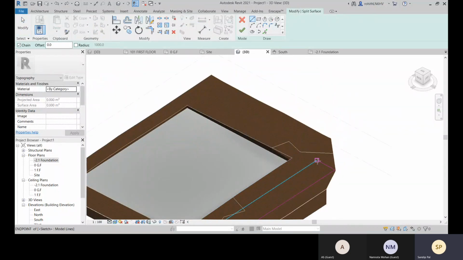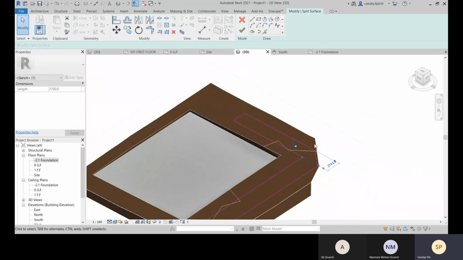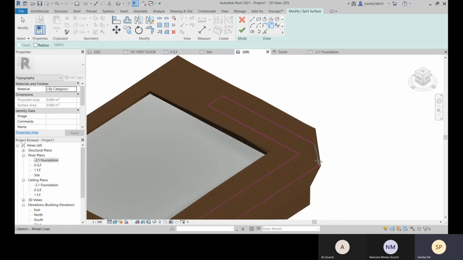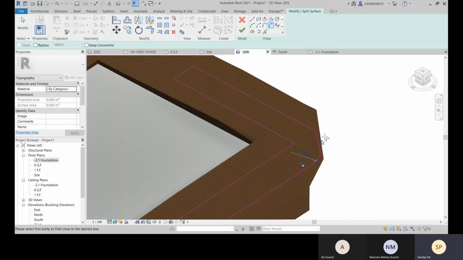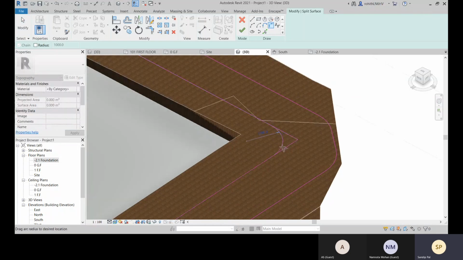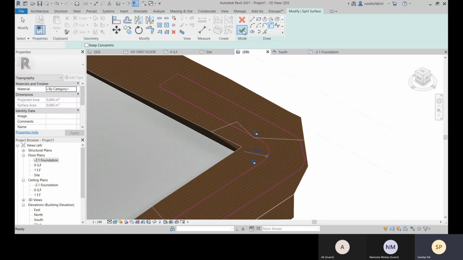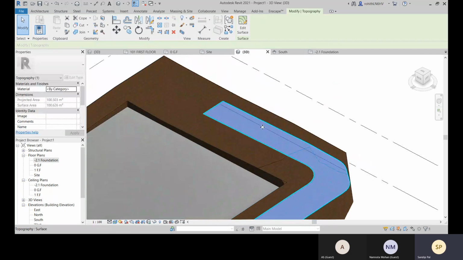Let me create one. Let's go to this. And here you can use some.